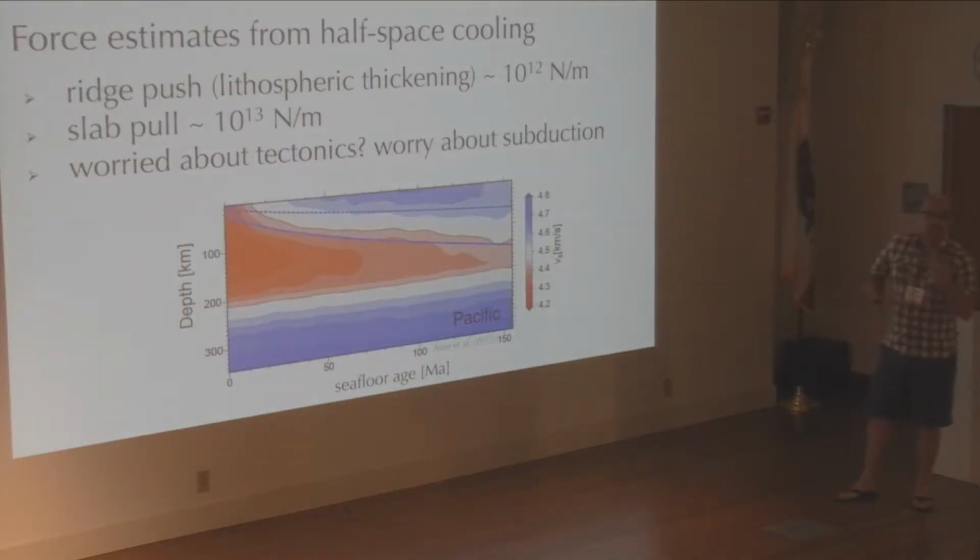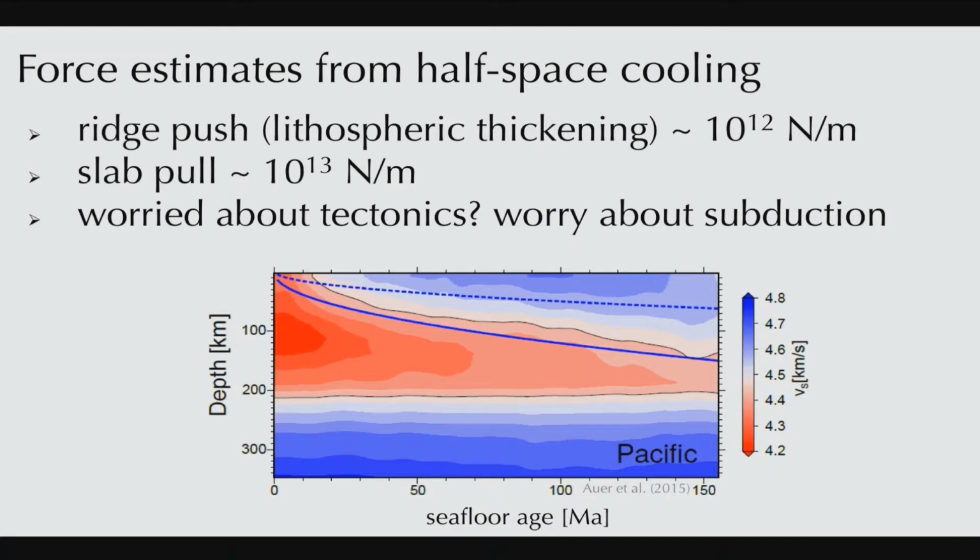All right? And if we then compute the relative magnitudes of these forces, and this is a basic exercise everybody should do, we find that slab pull is about a factor of 10 larger than ridge push, expressed in force per length. This is one of the reasons why we worry about slab pull, because if you're interested in any sort of tectonic activity, the first guess should really be slab pull, right? And this is something that